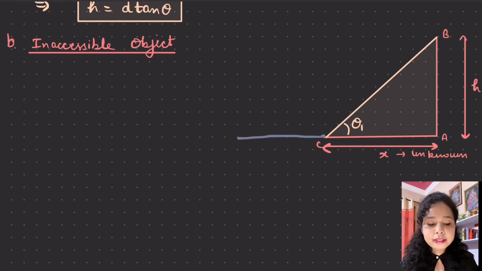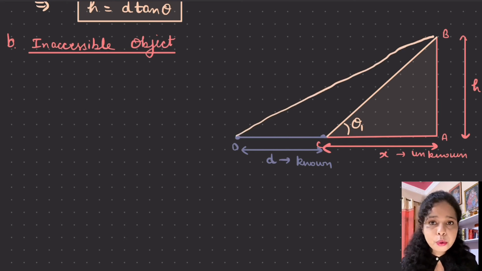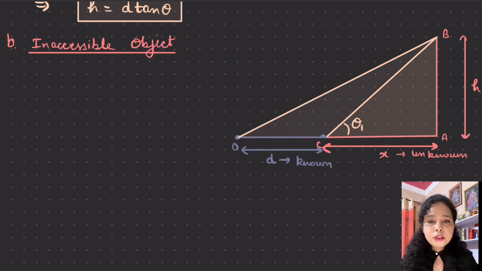Now from point C we will put our measuring tape and with the help of the measuring tape we will mark some distance and move a step behind, and let's say we reach point D such that the distance between the initial point and the final point is small d. Now we will fix our apparatus, that is the sextant, at point D, and again we will measure the angle of elevation at the crown of the mountain, at the top of the mountain. So let's say this time we received the other observation and the other angle theta 2. So now we are having angle theta 2 with us.